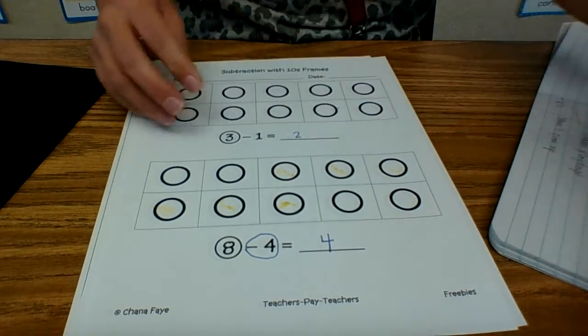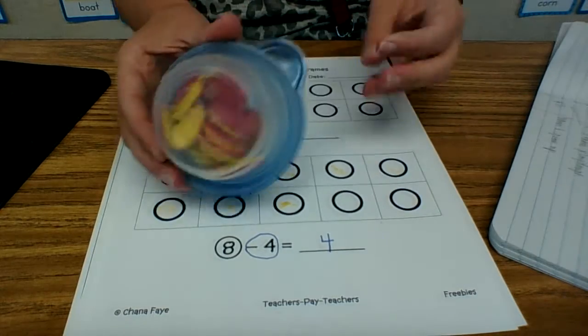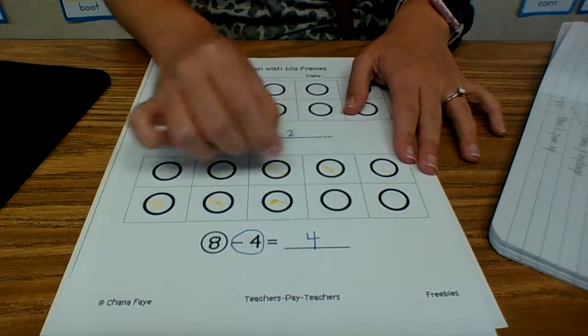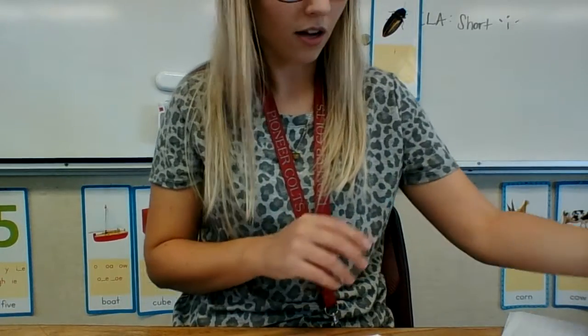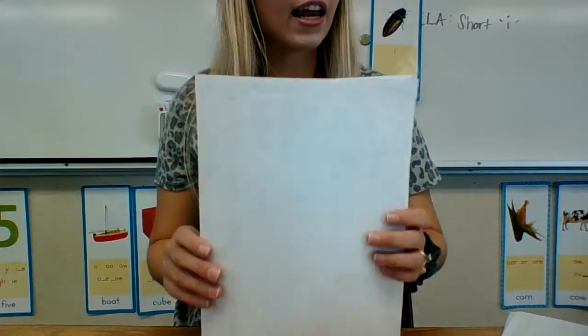There's 6 math problems for you to try out with your Play-Doh. If you don't have Play-Doh, or if yours is all dried out, you can use your counters, or you can use a crayon and then cross out instead of taking things away. And then, oh, there's 4 pages, so you get 8 problems. Awesome. And then in our reading groups, we read a